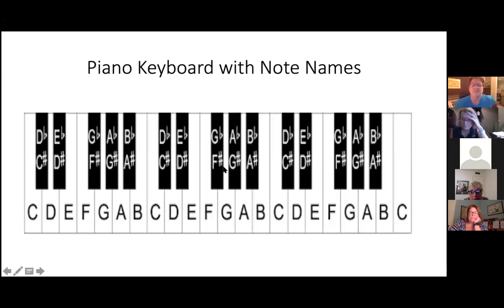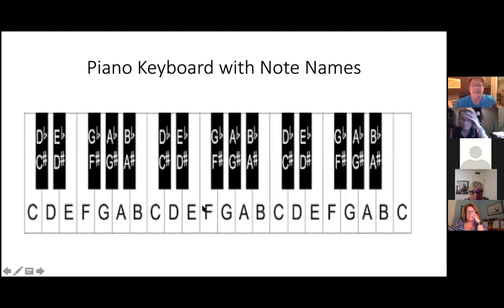Okay, so this is a keyboard right here, and I just wanted you to see, I'm going to start with this C, because remember how I said from C to shining C has no sharps or flats? If you pressed all the white notes, C, D, E, F, G, A, B, C, you're going to have a major scale. Now these are the chromatics, or the half steps. And I'm going to go up and call them sharps and come down and call them flats. Okay, so C, C sharp, D, D sharp,